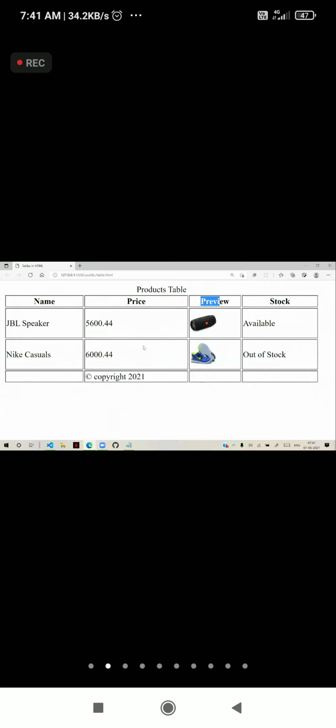Because if I give 3 border size, you can see that it's not having any special appearance. You say 20, it's not having any appearance. That will be only 0. 0 means no border and 1 means border.